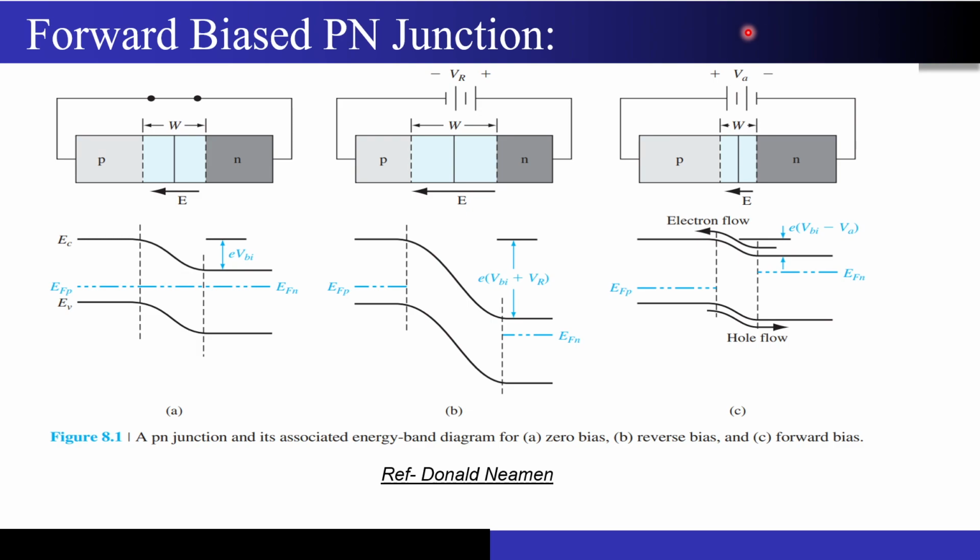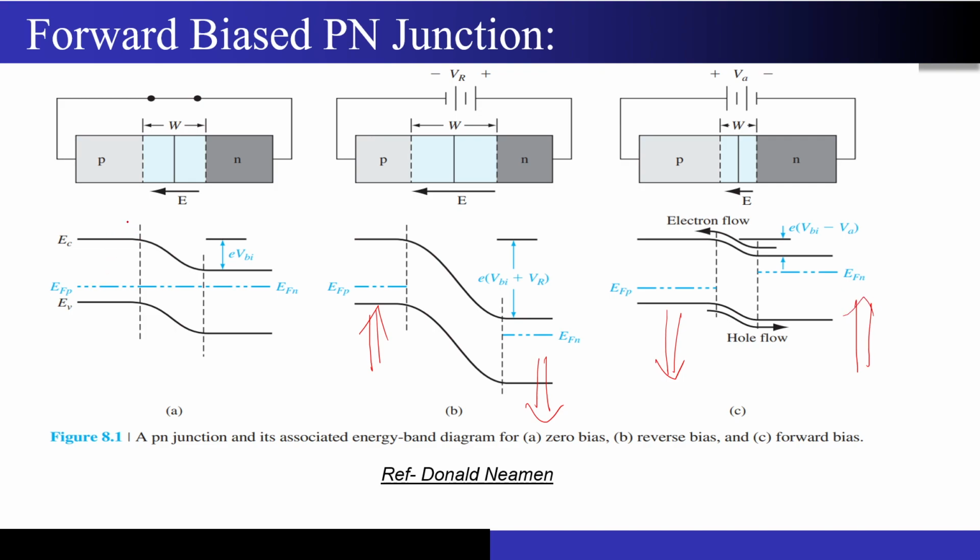Similarly, when I'm applying a positive bias, in the reverse bias case the left side was going up and the right side was going down. So let me turn on the pen, that will be better. This thing that you are seeing was trying to go up, and this right hand side was trying to go down. Now here the reverse will happen. Here your left side will try to go down, and your right side will try to go up.